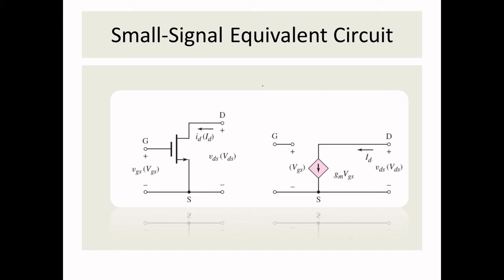First, we will see how to draw the small signal equivalent for the MOSFET. So this is a general MOSFET. You can see gate, drain, source, input voltage, output voltage, then output current. You can take only this one for clear understanding, so don't confuse with this. You take only the total instantaneous part, that will give you a clear view. Now I am marking the gate here, drain here, source here. You know that the source will be common for the input port and the output port.